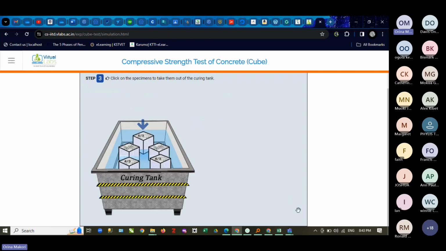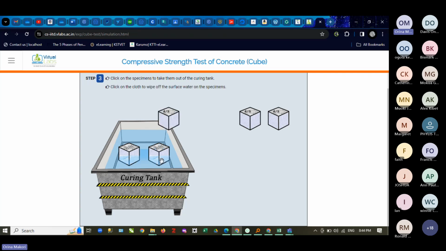So we go next. Here is the curing tank where we have put the cubes, and we are going to take them. You can see this is 434343, that is the date. This is 112, that 112. So those are different. They are not the same as this one. So you don't select that one. You pick the first cube, the second cube, and the third cube. After you do that, you do the cleaning. So after you do the cleaning,